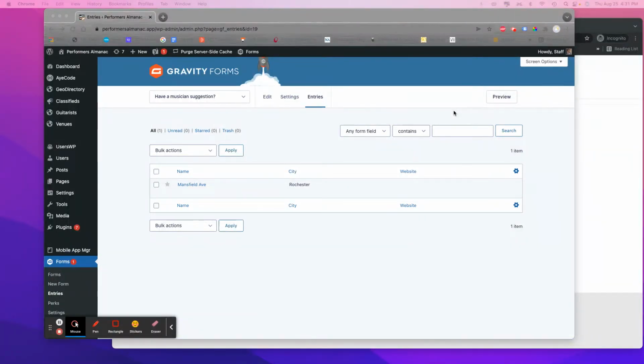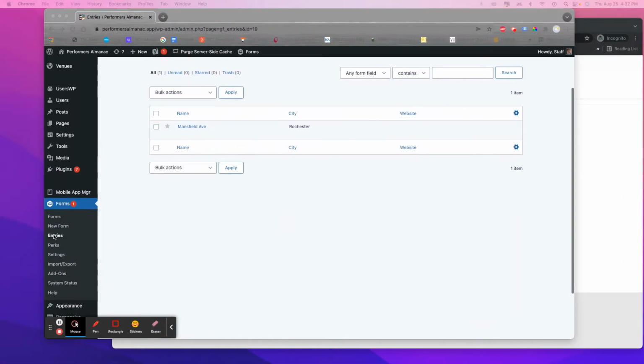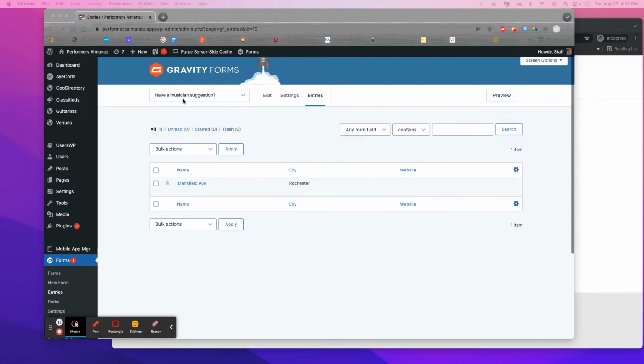Then I'll go through and look at the form from the back end and the settings to edit the form, as well as editing search. So let's get started. I wanted to show you under Gravity Forms, you'll see there's entries, and in this